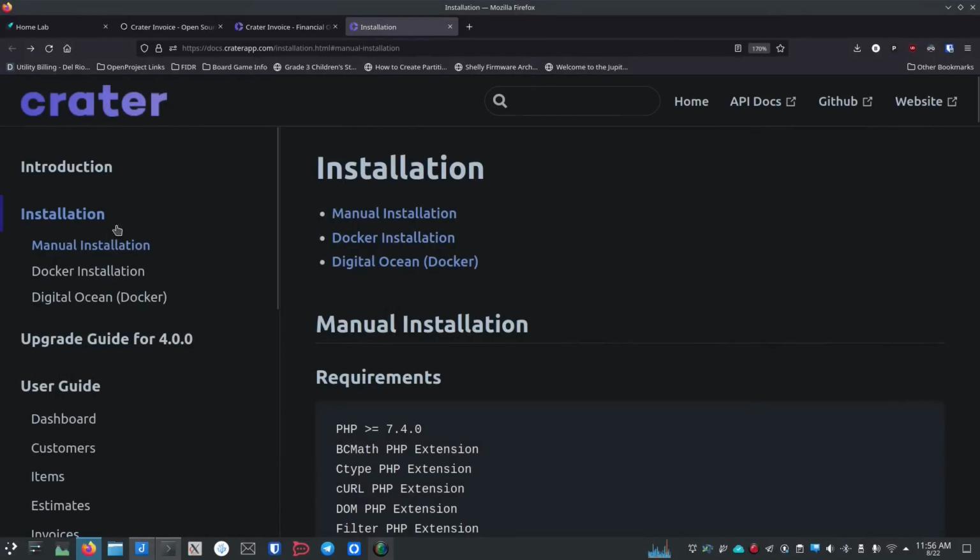So I'm going to go over here to their documentation, and I'll have these links in the show notes in the description for you guys so you can find it pretty easily. If you look here, you've got installation, the manual installation process, the Docker installation process, and then if you want to use DigitalOcean,